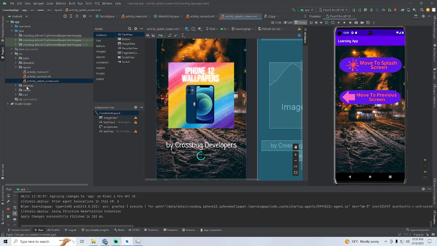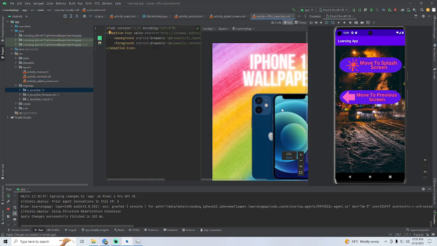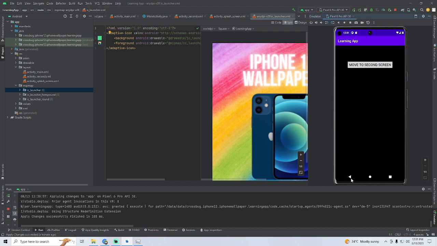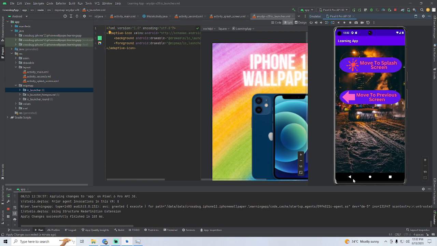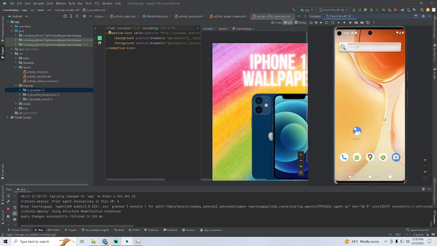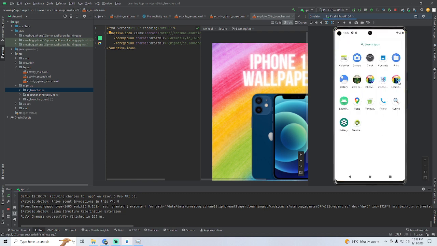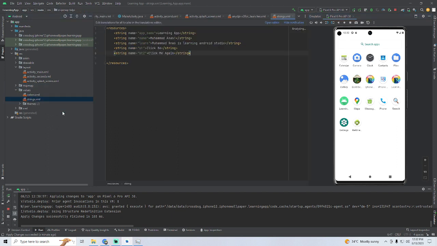Map is basically the icon of the app that appears on the home screen of your mobile. Basically we have this icon of the app. Let me show you again. Just go back to the home screen, and as you can see, learning app. This is the icon. This icon is here. Map has the icons, and values have the string files,